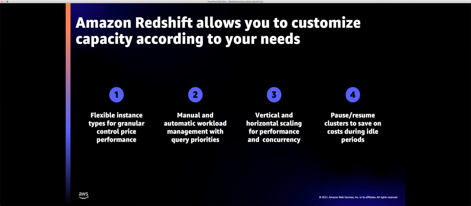With the architecture I described, Redshift customers had a lot of flexibility to pick their performance needs. For example, they would pick either RA3 or DC2. They would pick the number of nodes. We offered options like manual workload management or automated workload management, introducing query priorities, ways to scale up and scale out. And finally, also a way to pause and resume clusters so that you're only paying for compute when you're using it. All of this flexibility was great.